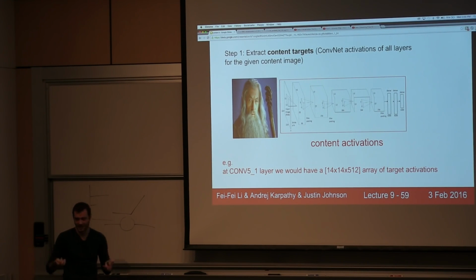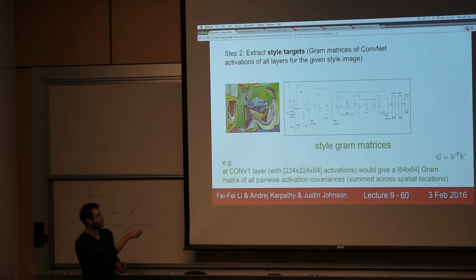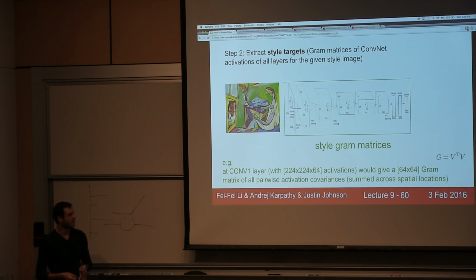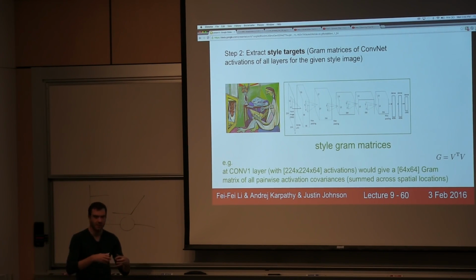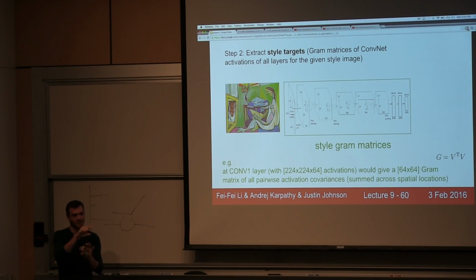Now, to extract the style, what we're going to do is take the style image and pass it again through the ConvNet. But instead of keeping track of the raw activations, what the authors of this paper found was that a very nice statistic of the style is not in the raw activations, but in their pairwise statistics. So what we're going to do is